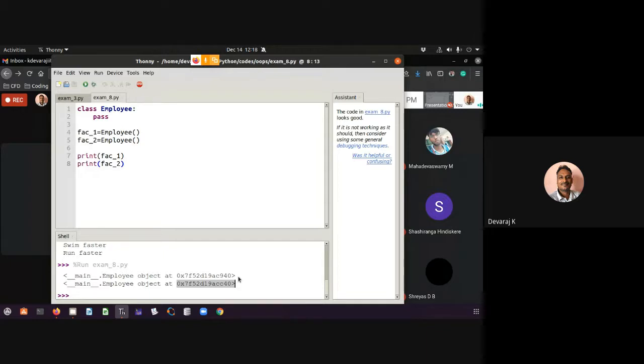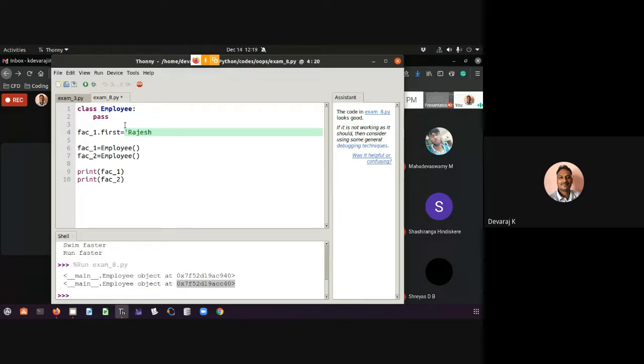Before doing this with instance attributes, let me define them. Let me say, for example, the name of the faculty, his first name and last name, and his salary or pay. Let me define faculty one dot first name as Rajesh Kumar.